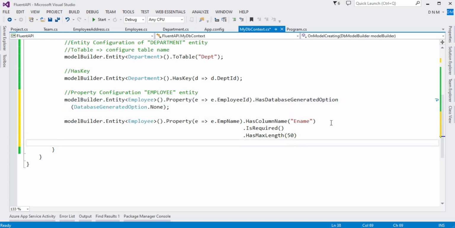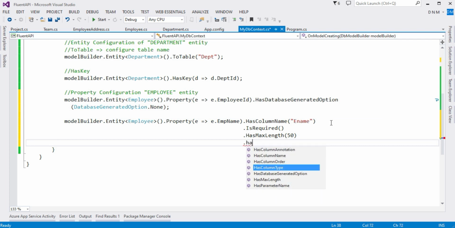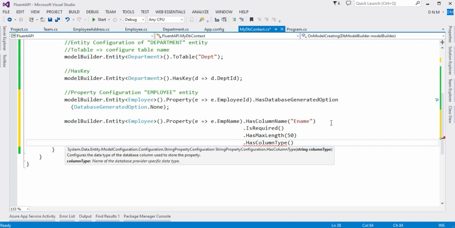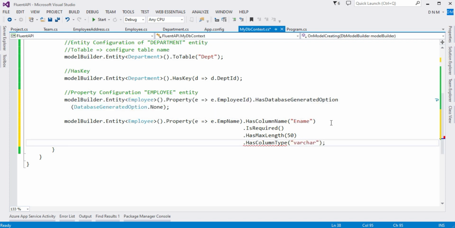Now next I want to specify the column type. So here I'll say HasColumnType, and my column type is going to be varchar. That's it. So in a single function call we have set the configuration for this employee name property.